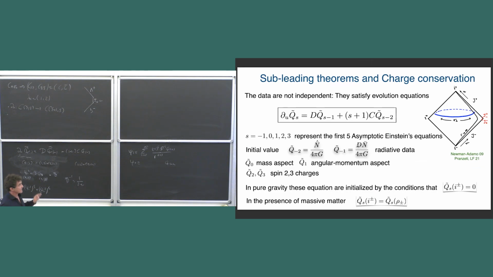The first 5 asymptotic Einstein equations, to all orders, are completely non-perturbative. What I'm saying is that not only do you have conservation of mass and angular momentum. When I say mass, I mean mass aspect, mass per point on the sphere. I don't mean just angular momentum, I mean angular momentum per point of the sphere. And then spin 2 and spin 3. This is a huge symmetry group, much bigger than anything you have studied in the context of BMS. So these are exactly the 5 asymptotic Einstein equations, under the assumption that I've taken care of the logs.